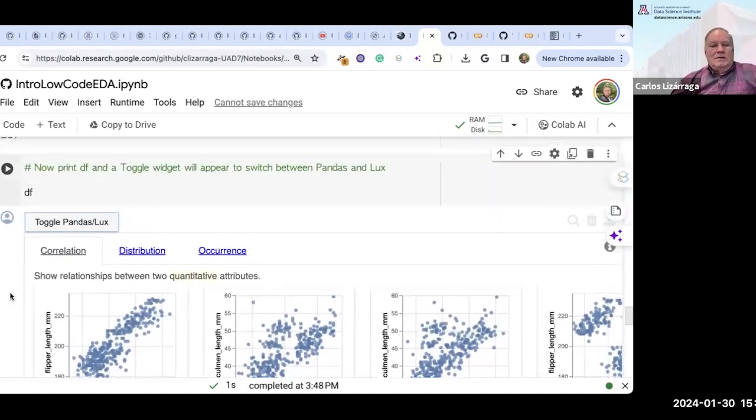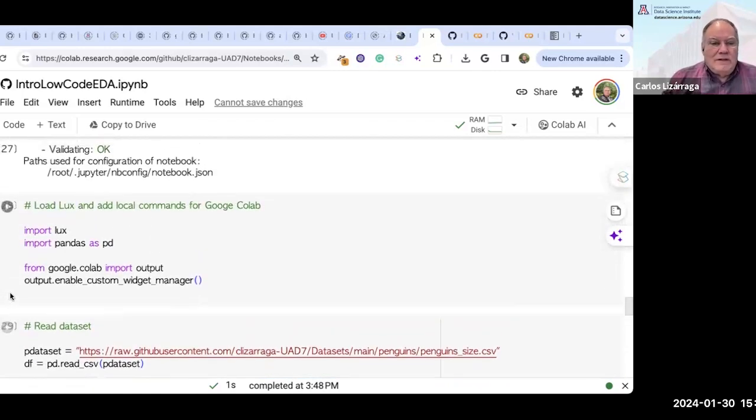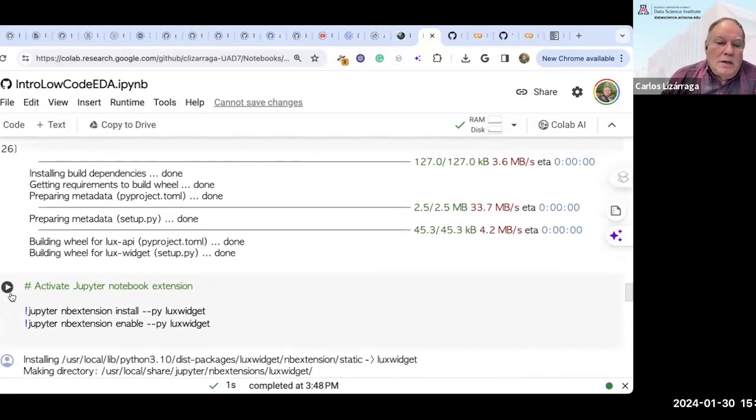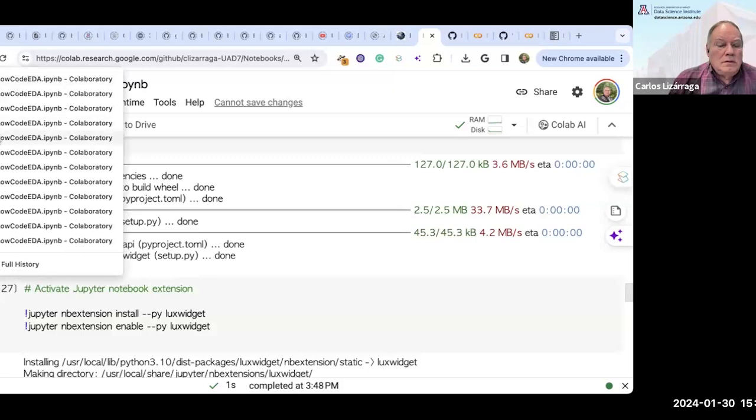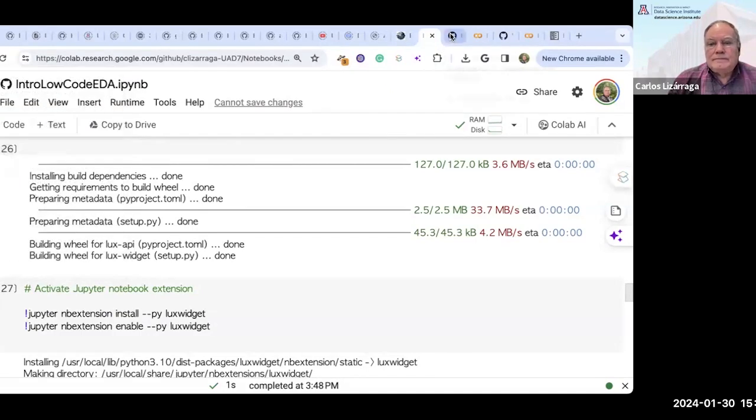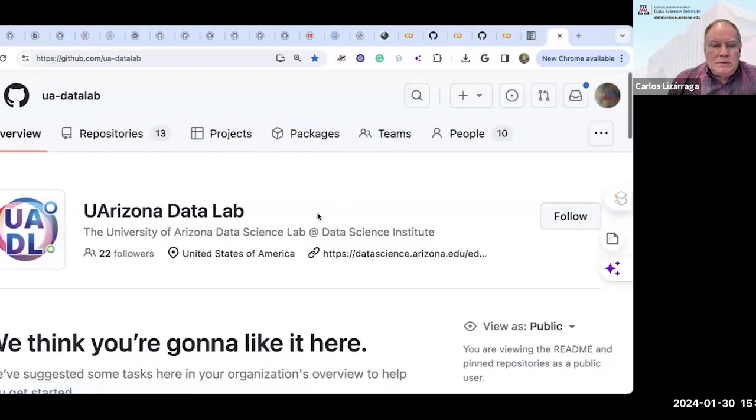Okay, so I think you get the idea of what low-code, no-code visualization libraries in Python are for doing the exploratory data analysis. So let me go back. Yes, let me go back. Oh, come on, I'm in the wrong